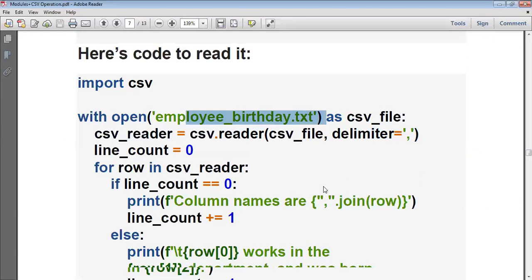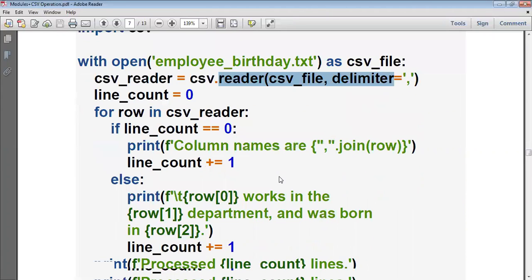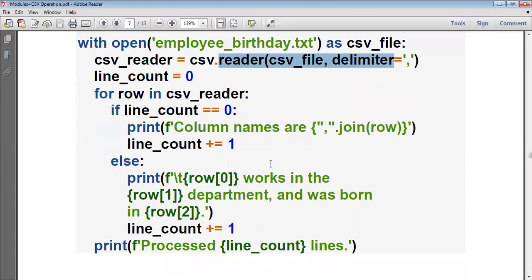Then I have initialized the variable line_count equal to 0. I want to calculate how many lines are in that CSV file. So I have to read each and every line in that file.